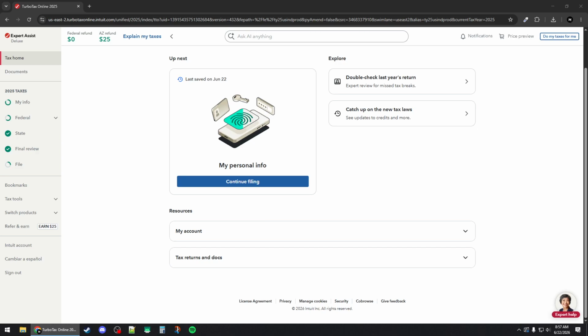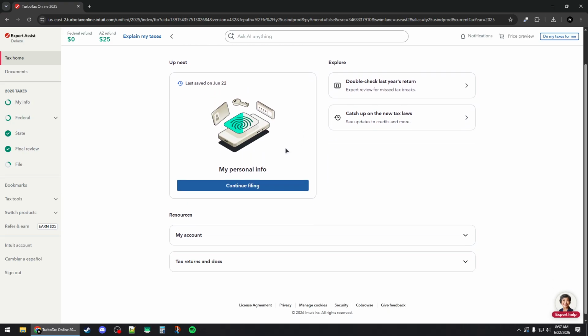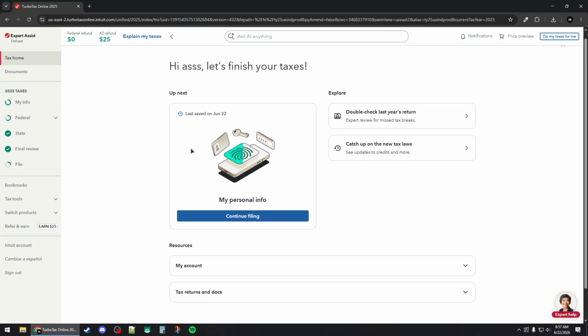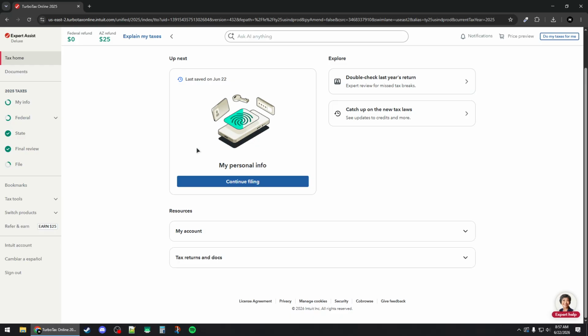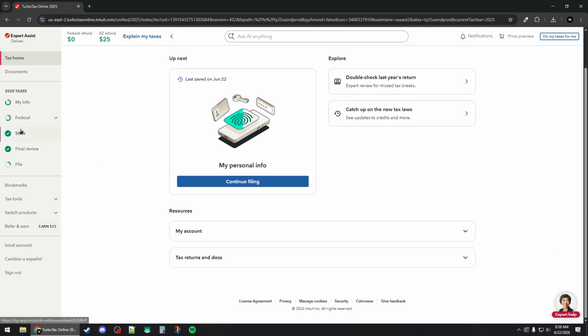How to make quarterly tax payments in TurboTax. So first you want to sign into your TurboTax account on the website. Now to make quarterly tax payments, you first need to calculate your estimated taxes based on income that isn't subject to withholding. And to enter or review your estimated tax payments, you want to go to the left panel right